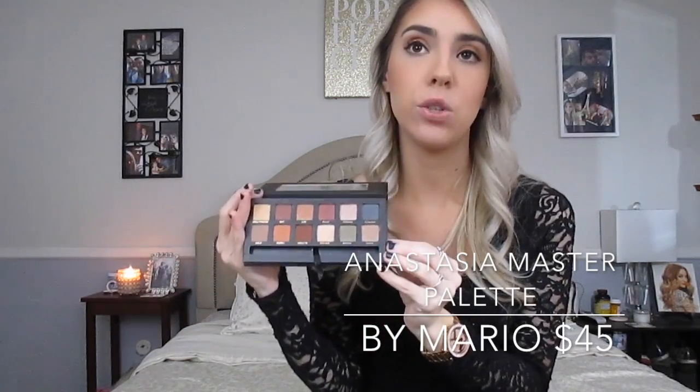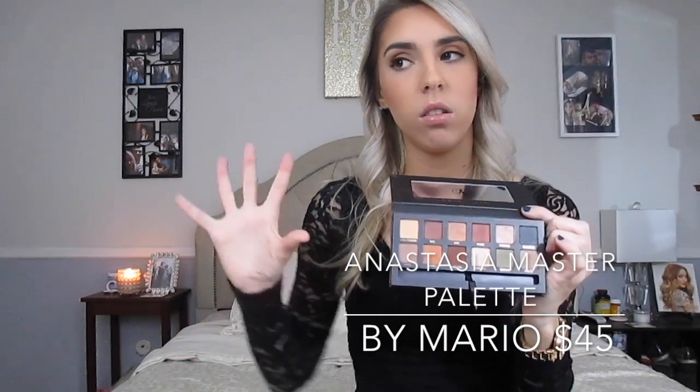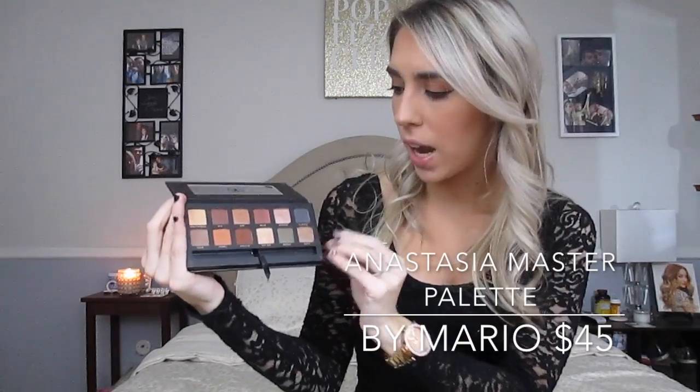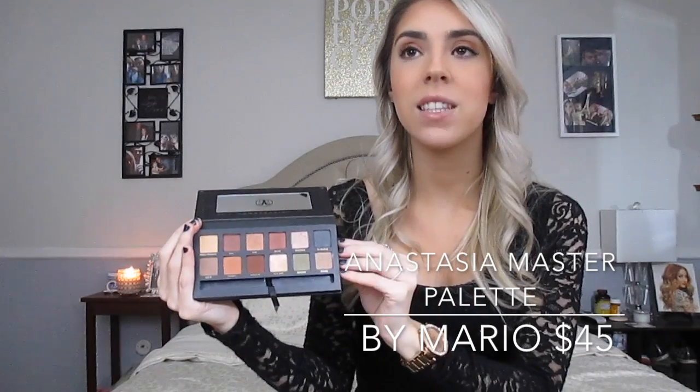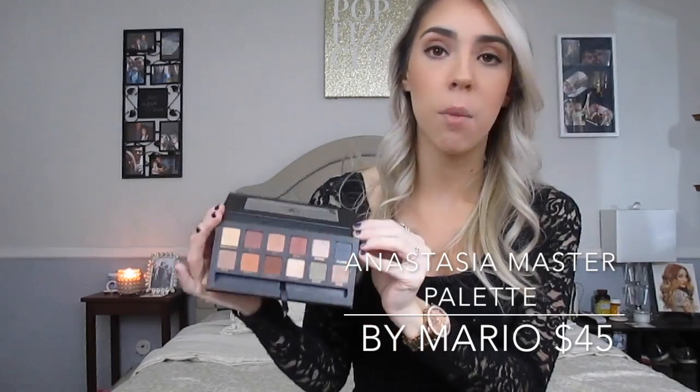But honestly, I do not mind spending it because this palette is gorgeous. Now, it is a little bit different than your traditional eyeshadow palette. Yes, you have all the colors in it to create a very nice cohesive look, but the thing with this palette is it's not made, in my opinion, to create a dramatic full smoky eye. Yes, you could certainly achieve it, but I think you would need other shadows to come into play with it,